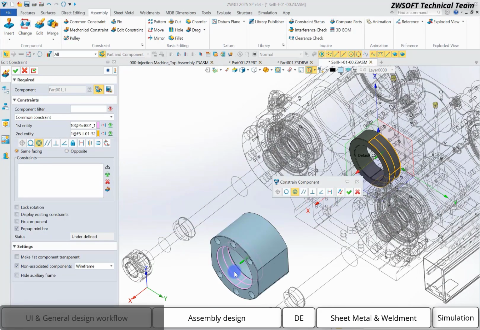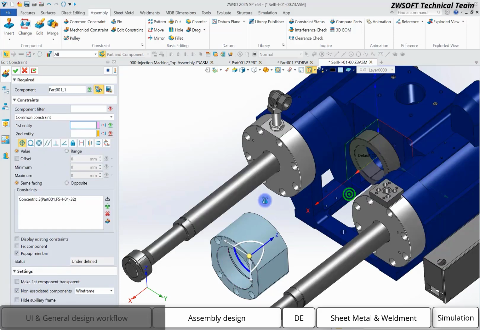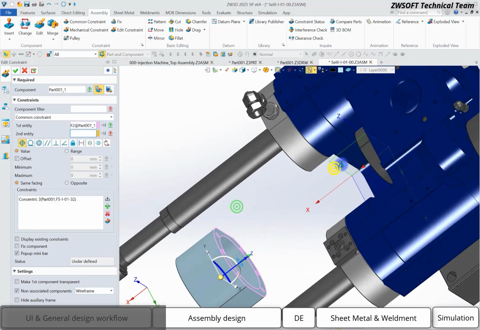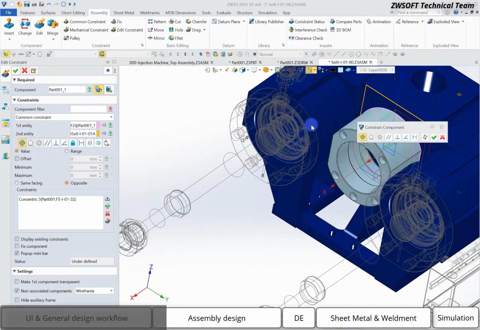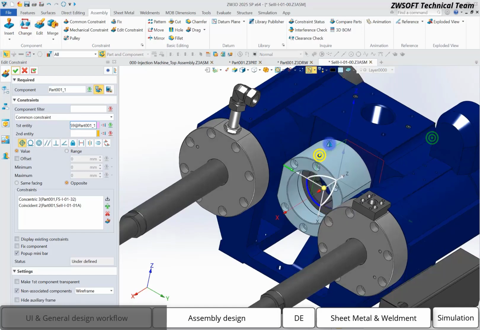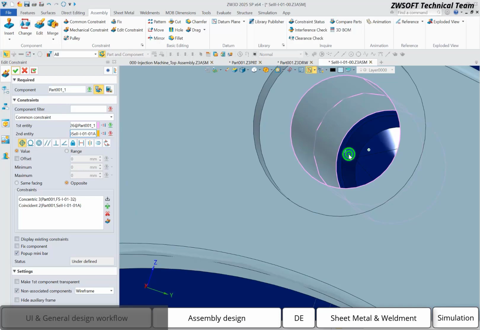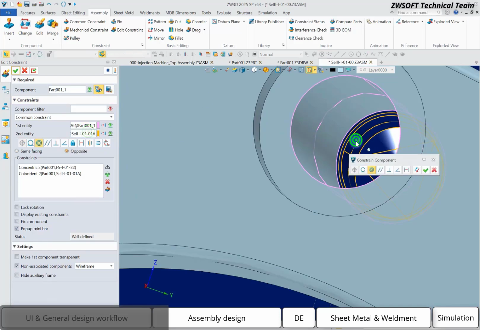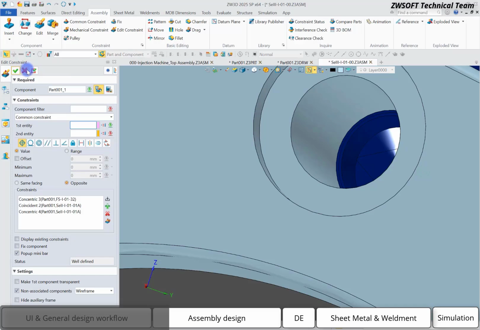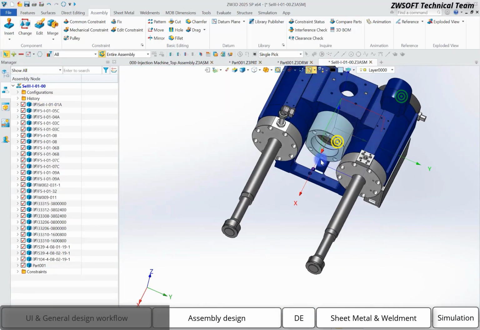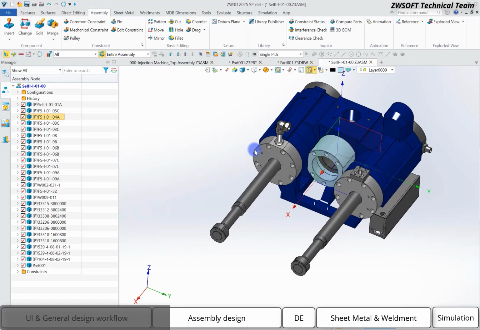You can see as I select the 2 faces, cylindrical faces, it will recommend me the concentric constraints. Okay, and we add one more for coincident of 2 planes. Okay, and finally we add 2 faces to be concentric. Okay, finished. Okay, now the insertion is already done, and besides the component we design, we can also insert the standard